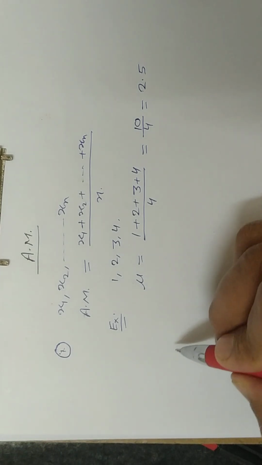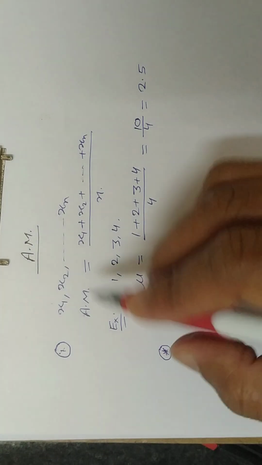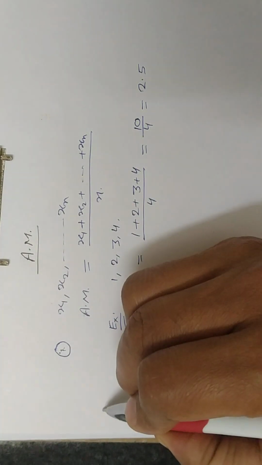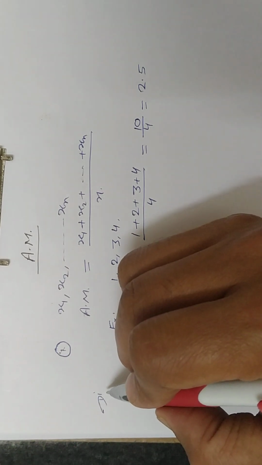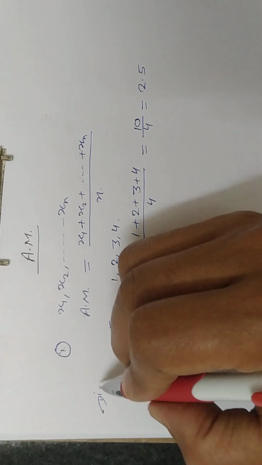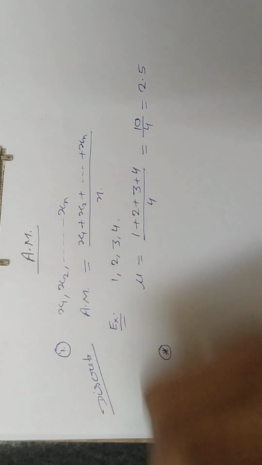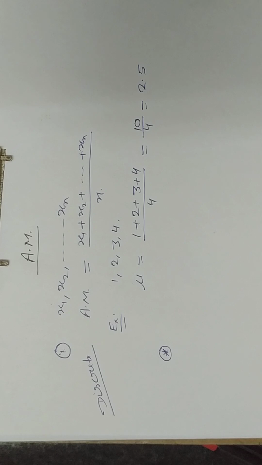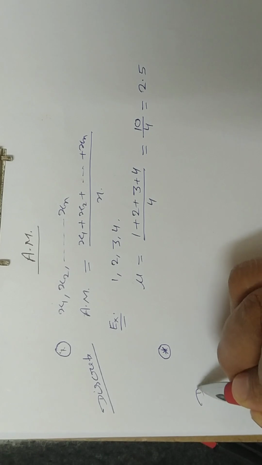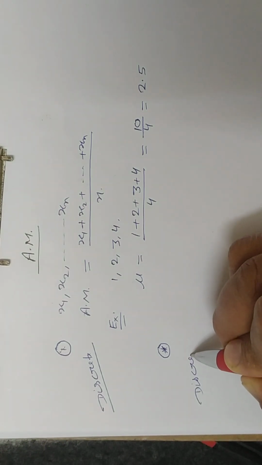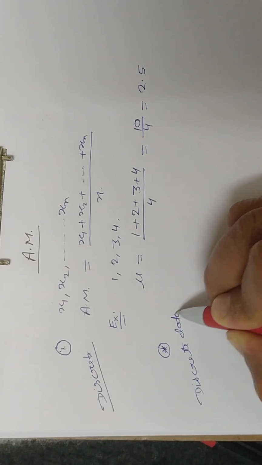Okay. And the second type of the mean is, suppose that we have discrete data, right? For discrete data without frequency, this type is known as discrete data without frequency. But if we have discrete data with frequency,